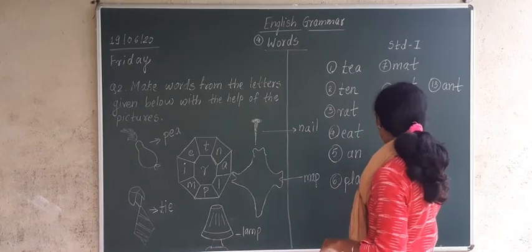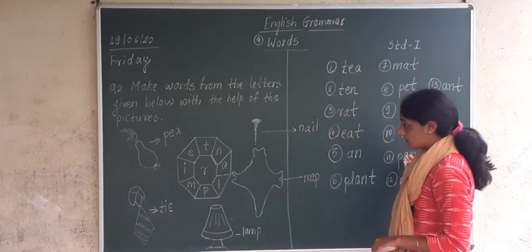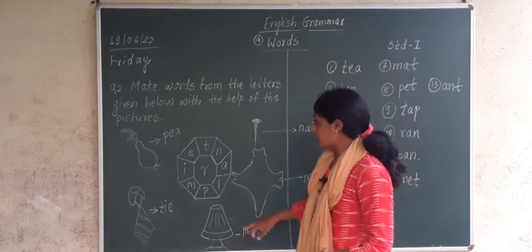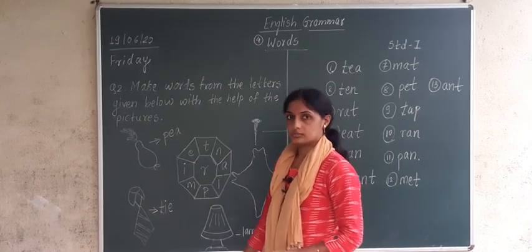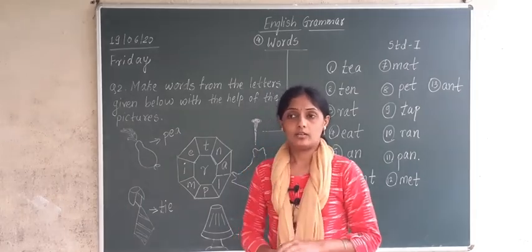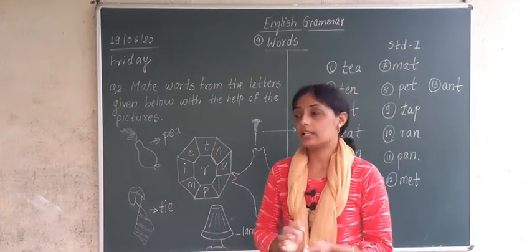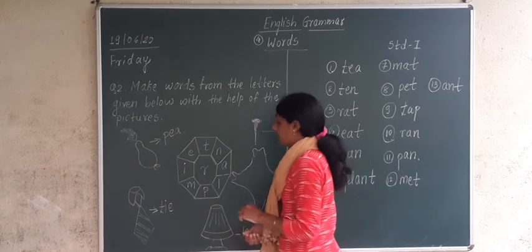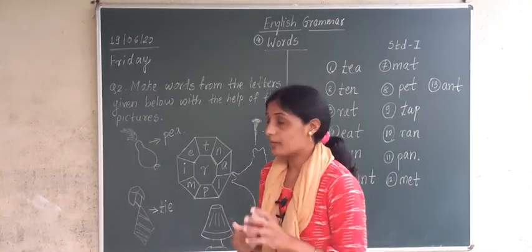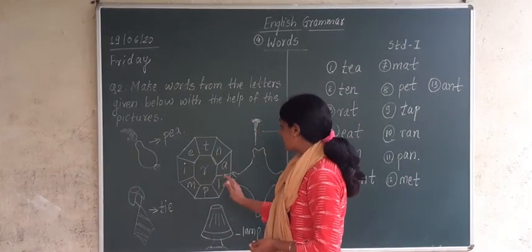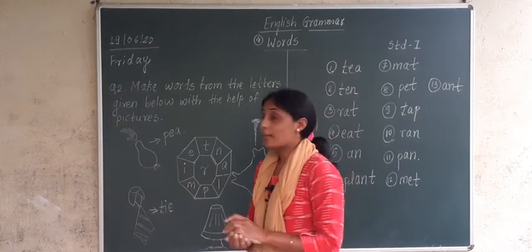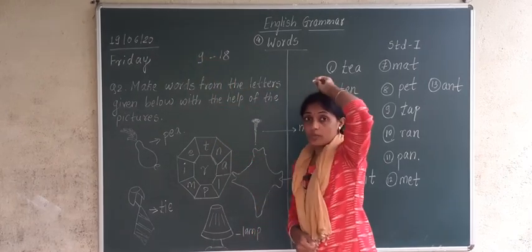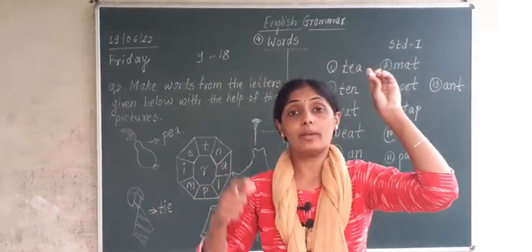In this way, how many words have we made? We have made 13 words, here is 14, 15, 16, 17 and 18. Correct? Total 18 words we have made. It is P's. S is not there, but then P. We made 18 words from how many letters? How many letters are there? 1, 2, 3, 4, 5, 6, 7, 8, 9. From 9 letters we made 18 words.